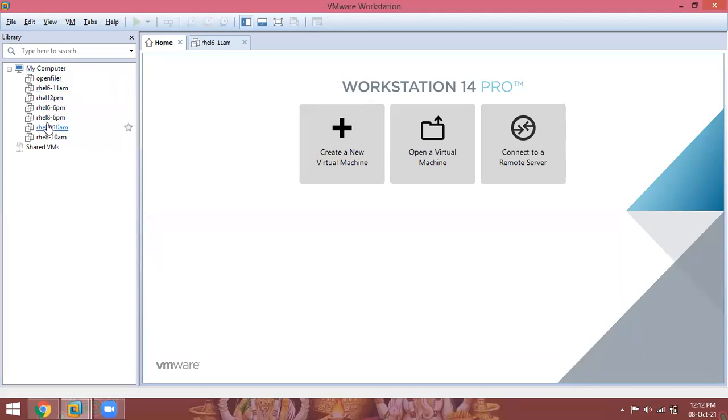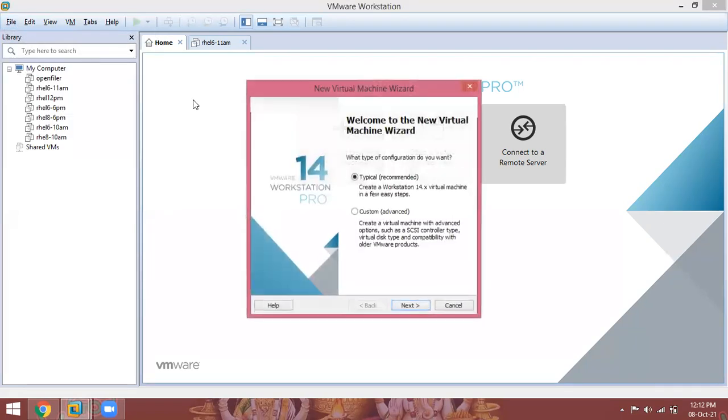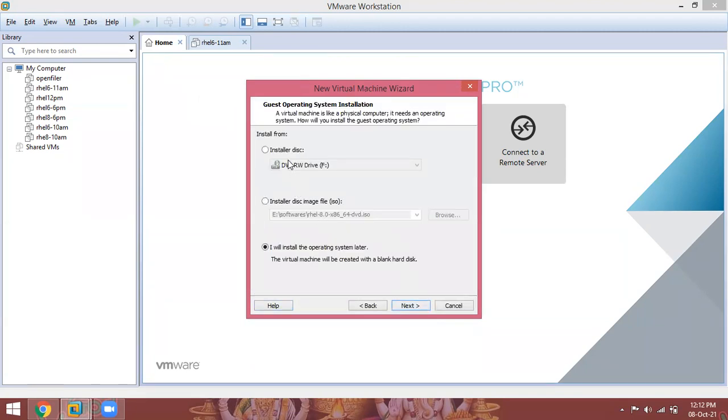On top of that, I have already installed some operating systems. So create one virtual machine, a new virtual machine. Select the option typical. Here you have two options. Installer disk: if you have a Linux DVD, put it directly into your laptop or desktop and you can start the installation. Next, if you have an ISO image file, you can select that.